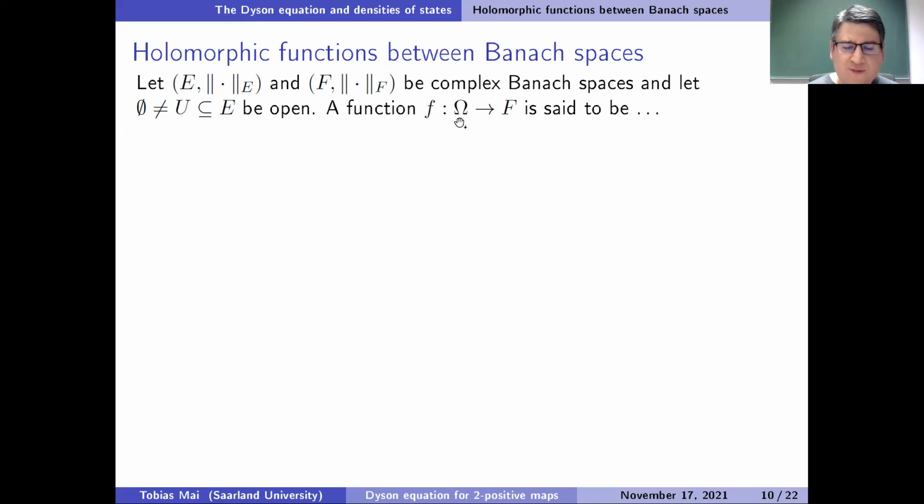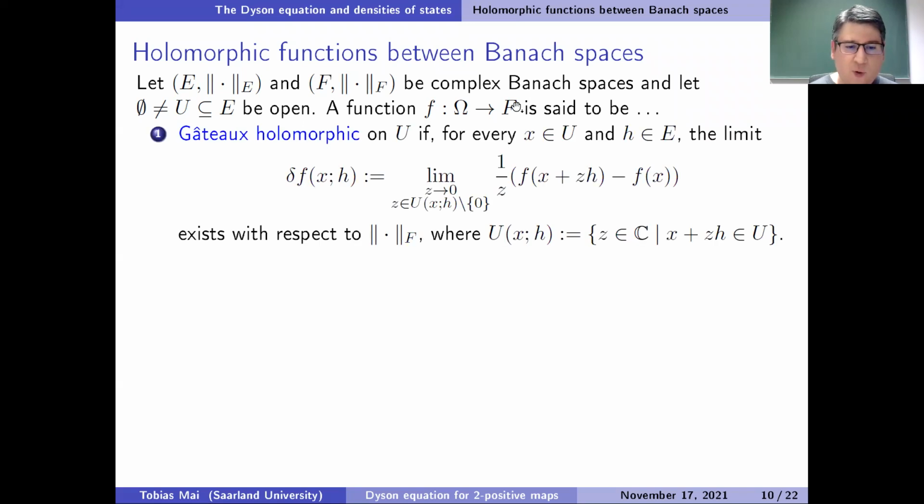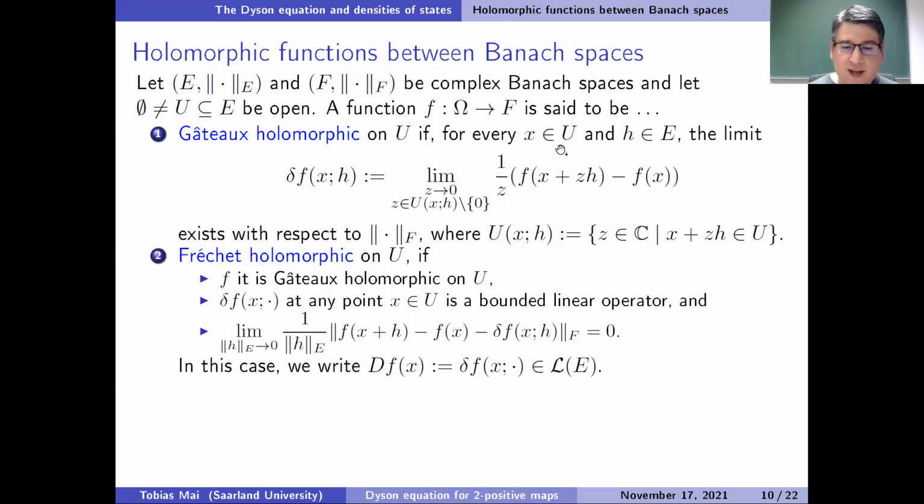So I'm considering now a function defined on this open subset U, taking values in F, and I call this Gateaux holomorphic if this limit here exists, as you certainly know. For every point x in my open set and for every direction h, this limit should exist, and I call it Fréchet holomorphic if my function is not only Gateaux holomorphic, but also the Fréchet derivative, which I defined above,